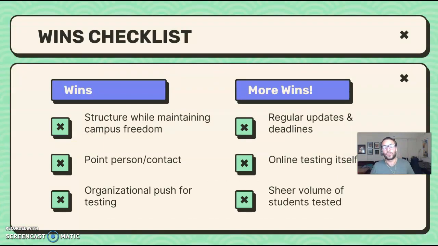I think that structure while maintaining campus freedom is a perpetual fusion goal and challenge, right? You want to make sure that there's support for campuses. So many times you hear there's not enough supports, not enough structures, not enough examples. But then if you go too hard on that, campuses don't have the freedom to do what they want to do. So I actually think that this structure did allow for campuses to have that freedom while offering something as well. I don't know that it will look the same in the future. That's something definitely to consider.